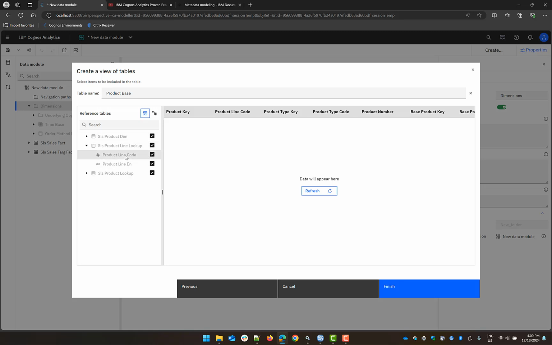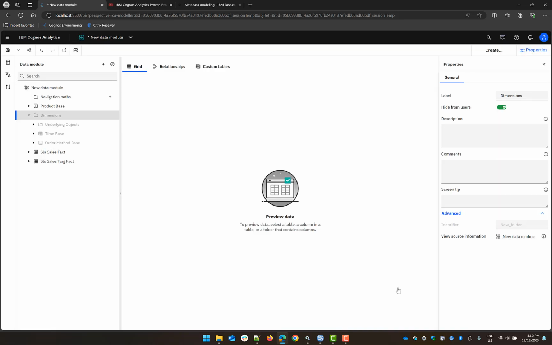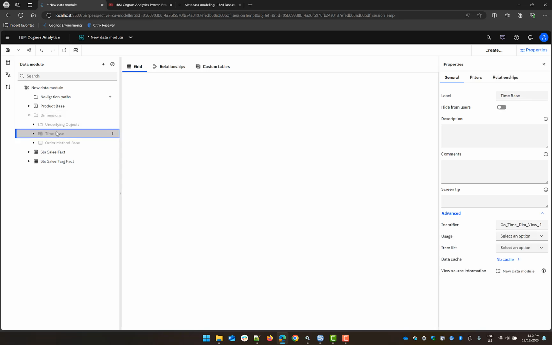Because we have product line code in the product dim, we'll deselect it from this one so we don't have it twice. And the same thing for product lookup. We don't need product number in there twice. And we probably don't need the product language, but this is something that I'll bring up in a moment too, because we're going to use this column for a filter in the underlying table. Okay, so we got rid of all the extraneous columns that we don't want. Now we have time base,